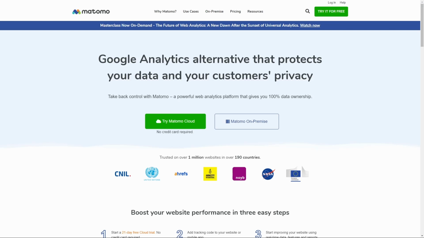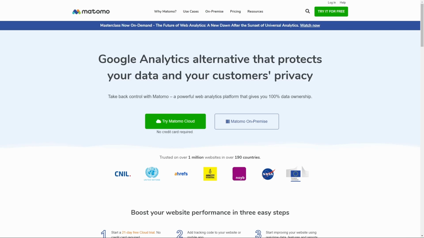Matomo is an analytics platform, and unlike other analytics platforms, Matomo lets you host your own data on your own servers, ensuring data privacy and compliance with regulations like GDPR and CNIL. Your data remains in your hands, giving you peace of mind. There's also a cloud version, so you don't need to manage your own servers, and conveniently it has a 21-day trial, so we're using that during the next 21 days